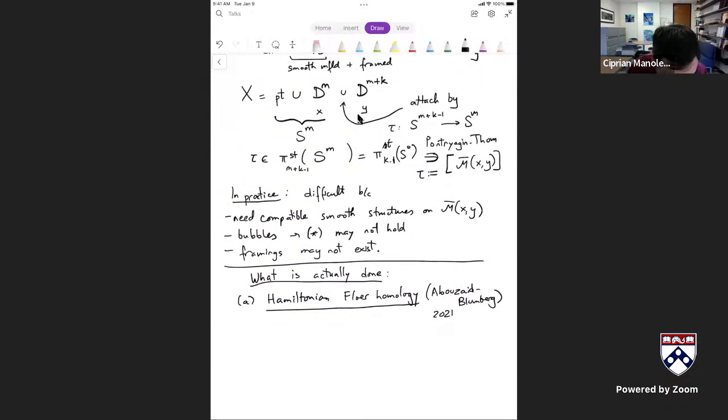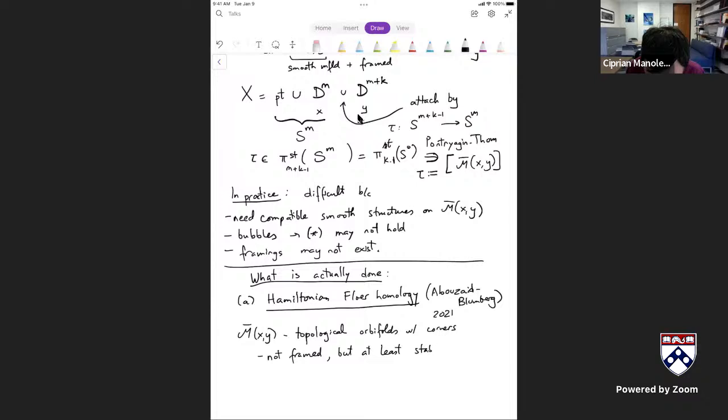Okay, then M bar xy are not quite manifolds, and they don't show anything about the smooth structure, but you can just work with them as topological orbifolds with corners, more or less. There are some problems: they're not manifolds, they're orbifolds because of the bubbles. And you also don't want to deal with smooth structures. It's also sufficient to think about the topological structure. And they're also not framed. So they have all three of the above problems, but at least in this case,